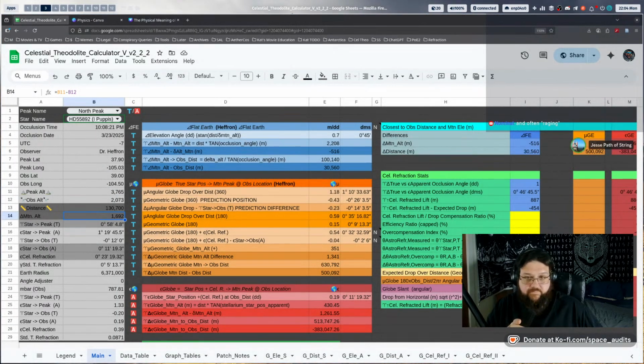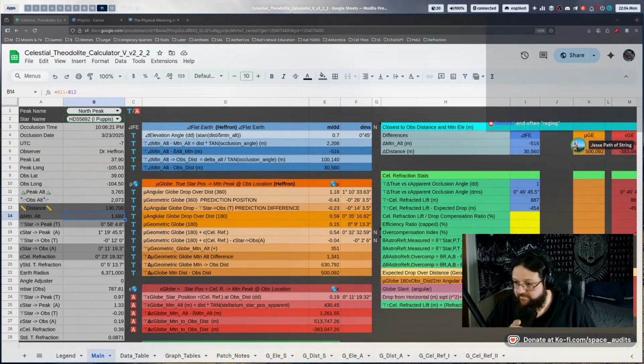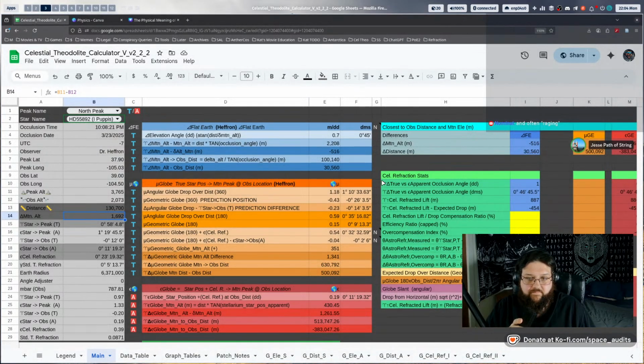Good. So that 516, if you actually averaged all your data points, I think it would be closer to about 2,000 feet worth. But let's just say it's 516. That's 1,600 feet of error. What caused that error? Yes, this right here. You see the actual refraction amount is 13 arc minutes. That's the actual difference between the true position of the star and the physical elevation of the peak at the time of occlusion. That lingering effect is what causes the offset.